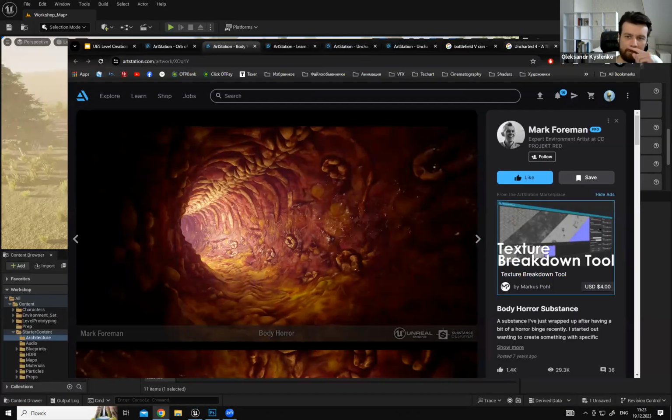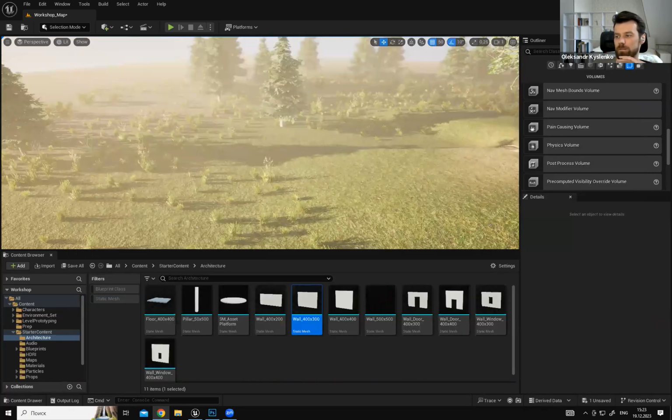This approach, although it's very versatile, requires very skilled material artists, and the entry level for this approach is pretty high. And the last one would be fully procedural interiors. It has the highest entry level. In the displacement material approach, we only manipulated the geometry with the material, and in the procedural approach, we model the whole interior by some set of rules